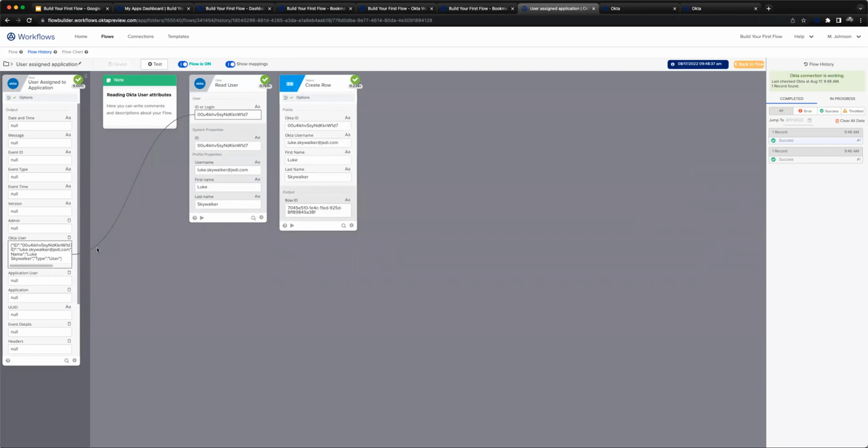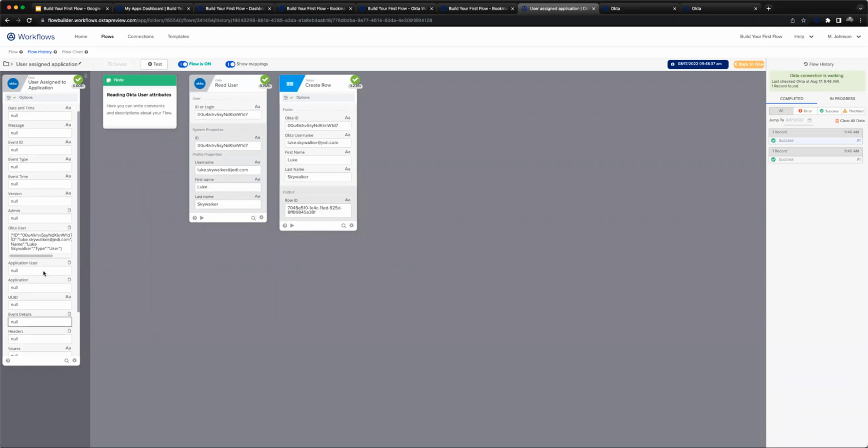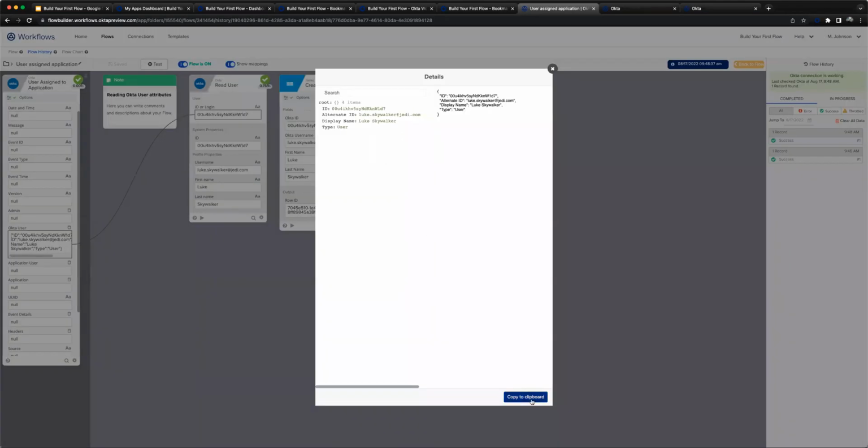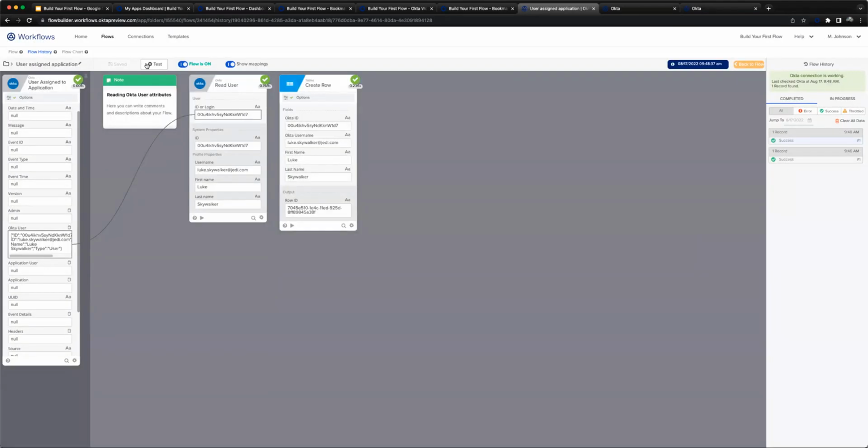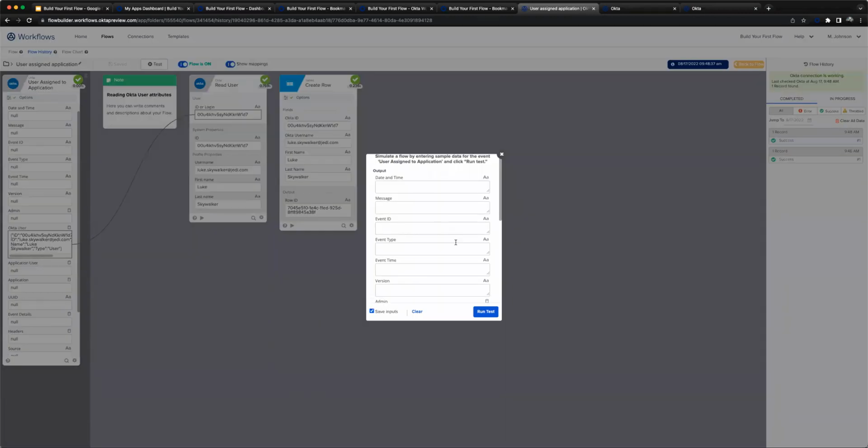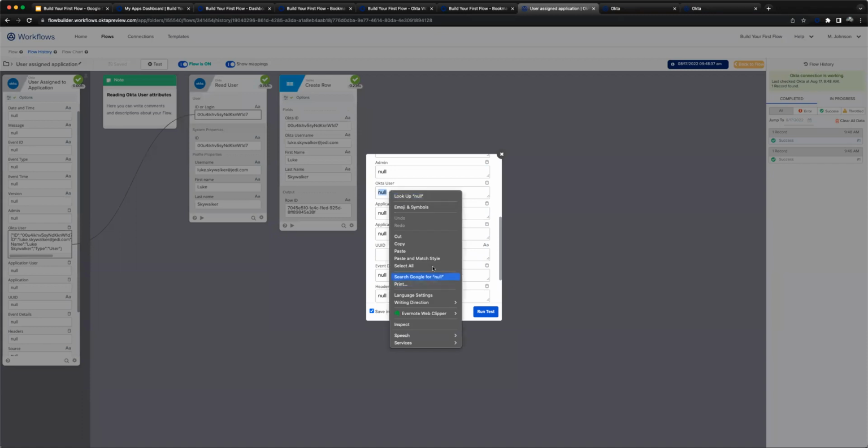But it's definitely possible. So let's say you had this flow, you made some modifications to it, you have your flow history, and you don't really care about any of your outputs, you only care about the user. Yeah, you could certainly go in here, copy that to the clipboard, and when you test it, you could even save your test inputs. And so if we run this again,